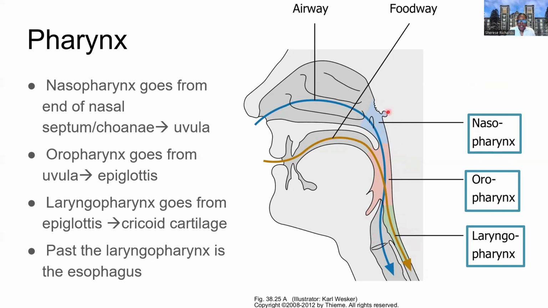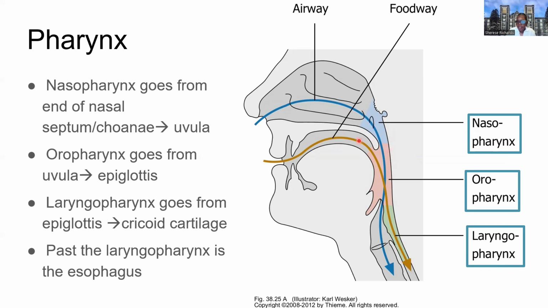So we go from the nasopharynx, which is the posterior aspect of the nasal cavity. That is the direct communication from the septum and the choanae. Remember, the choanae are the openings, and then the septum is the division across the nasal cavity. From the nasopharynx, we can move down into the oropharynx, and the oropharynx is where we have the opening leading